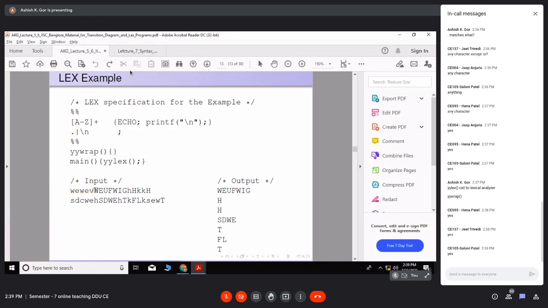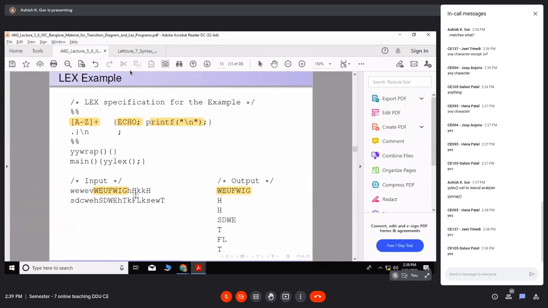But whenever we have capital letter W and a sequence of that, up to this W E U F W I G, that will match with this pattern. And so what is the task? You are going to echo it. Echo is a default task also, and so WEUFWIG is going to be given as an output. So you can see this is the output. And then there is a printf backslash n, so there will be a new line.